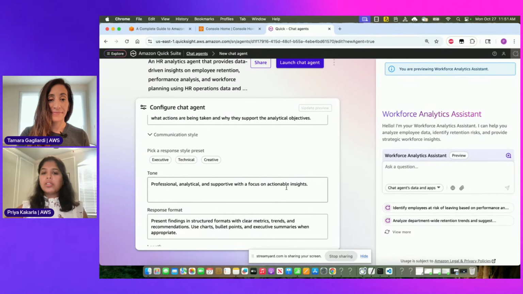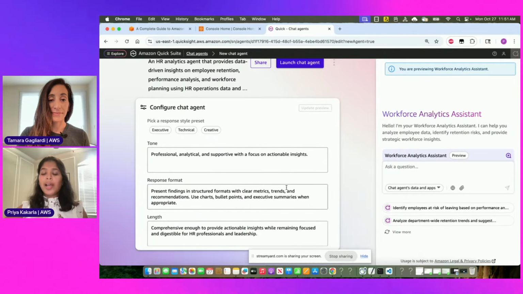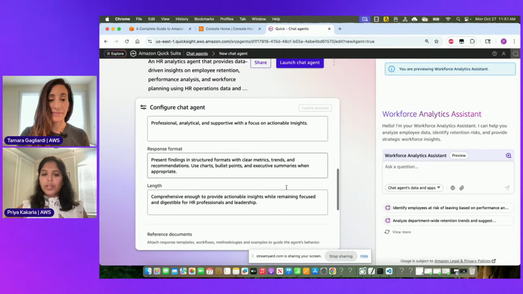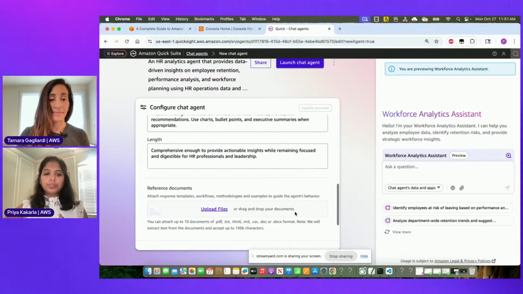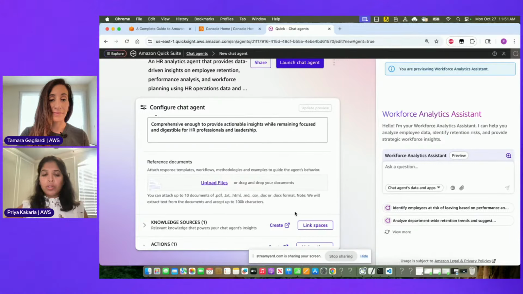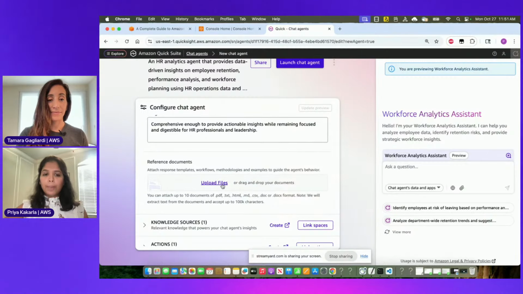And you can describe all these instructions to the agent, and then it will answer accordingly, according to our instructions. How long do you want the answer to be, lengthy or short? What makes more sense for your organization or for the group of people that you're going to share this agent with? And if you have any documents or files that you want to upload, you can do that